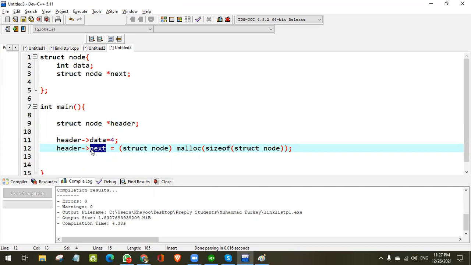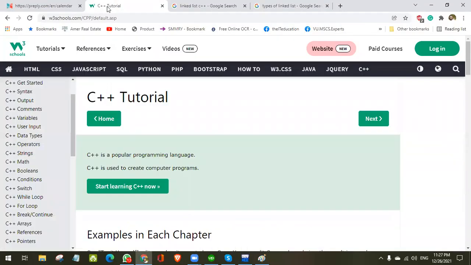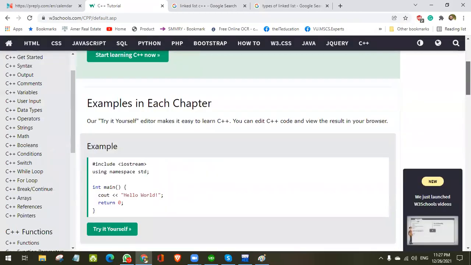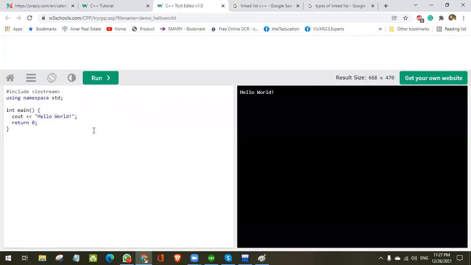So let me tell you, you can also type online code if you do not have the mobile. You can open this W3 School. And here, when you will click on the try it function here, this type of editor will be loaded here. You understand? And here, whatever you will write. I tried. This one, I like it a lot. It's very interesting. You can type your C++ code online on your mobile.